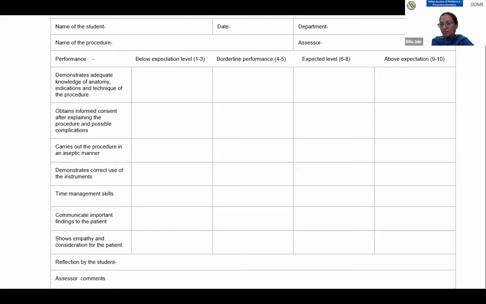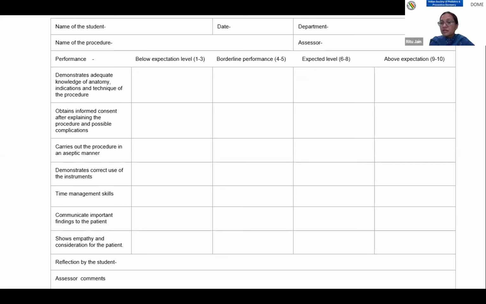What is borderline performance? How are we going to define it? And what are the marks awarded for borderline performance? What is the expected level of performance and the marks? And what do we consider as the above expectation level? So I would just like to tell you that the assessment of the student and what is expected level for